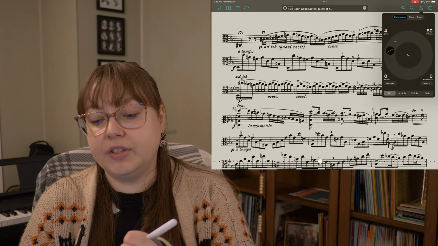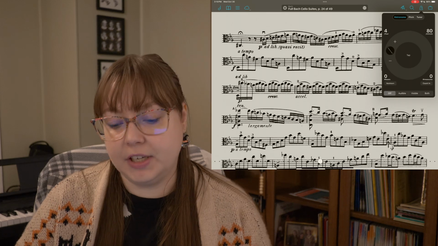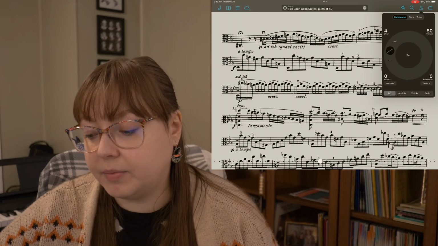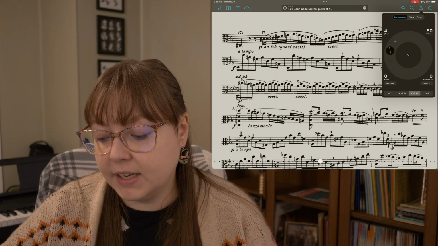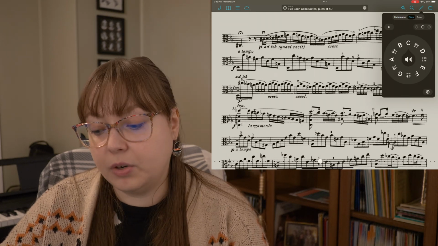After that, we have a little metronome. It looks like an old-fashioned metronome, so hopefully that's pretty clear, but it's a pretty simple metronome in here. You can listen to it, see it, or do both at the same time. The visible one, it kind of pulsates the edges of the score. There's also a built-in drone,